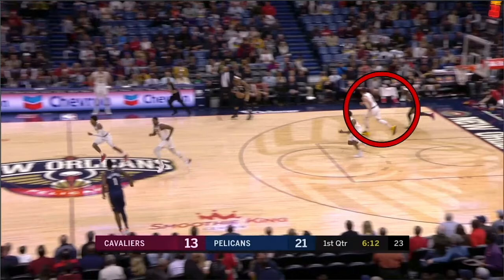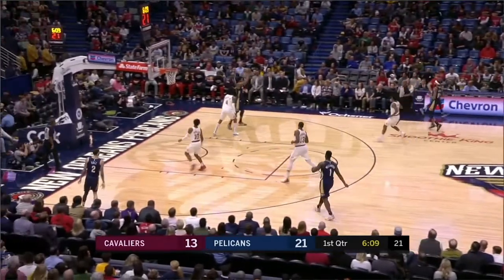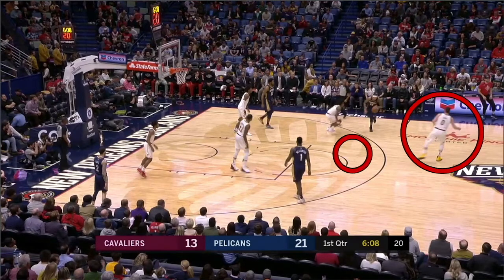All right, we got a defensive clip. Look at Kevin Love right here in transition. Again, he should be sprinting back to get beneath the three-point line. You've got to be in the gaps defensively. Look at this. Look how Kevin Love is just lollygagging back. So now he's out past the three-point line instead of being here and in the gaps defensively. So now again, no driving lane for Brandon Ingram.